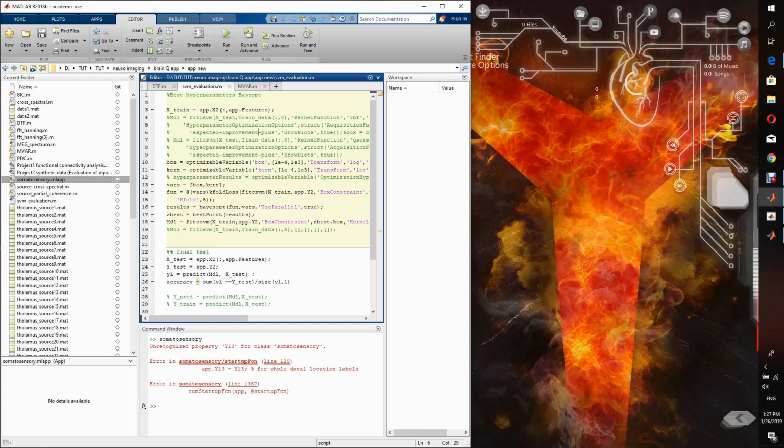The kernel can be RBF and also Gaussian. So here I just choose the box constraint, and so